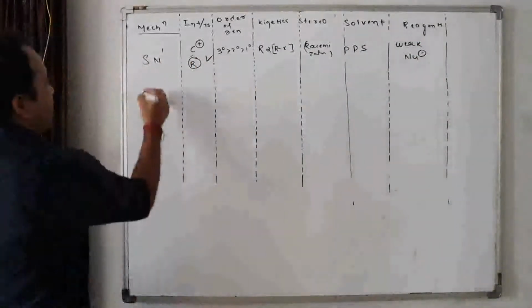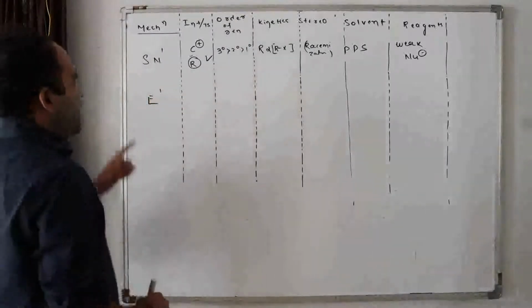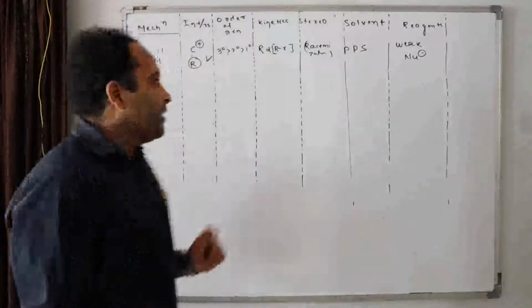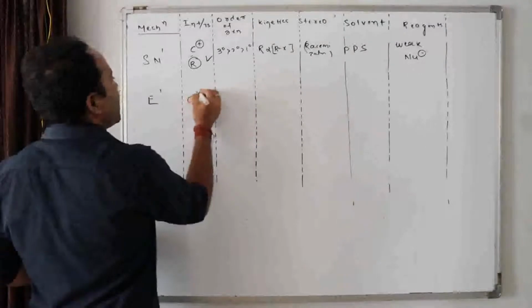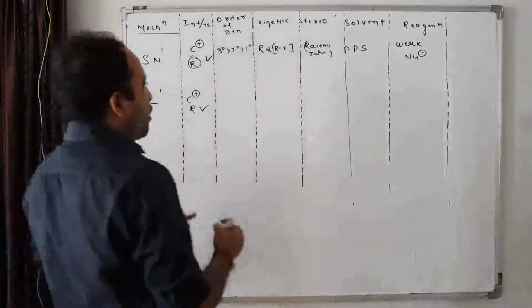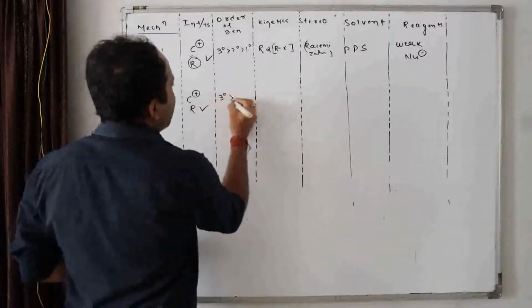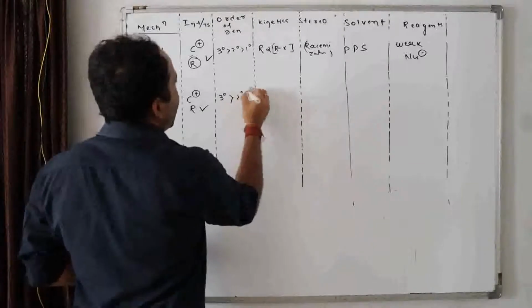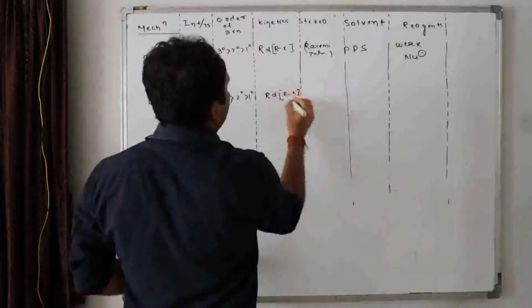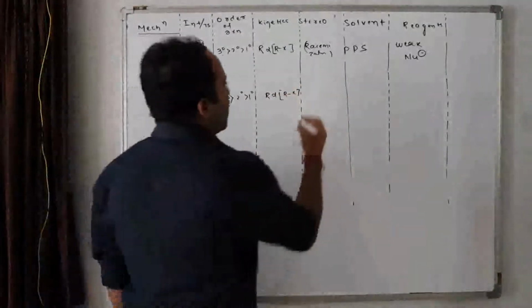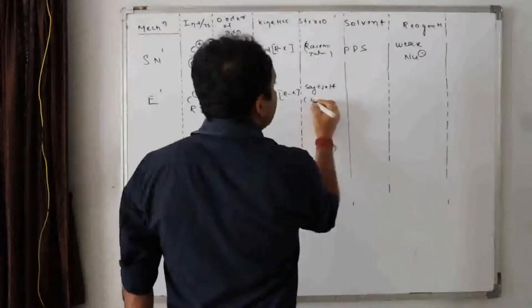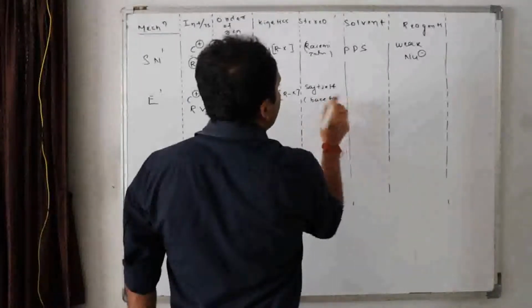Let me compare this SN1 to E1 reaction. In E1 reaction, it is again a two-step reaction as I discussed in my previous lecture. In this case, what is the intermediate formed? Again, the same carbocation is formed. Can it rearrange? Yes, it can rearrange. What is the order of reaction? Order is again the crowding one, tertiary, secondary and primary. What is the kinetics? Again, the rate depends upon the concentration of alkyl halide only. What is the stereochemistry? Remember here, Zaitsev's dominates, but the base should be a small base. I can write here.